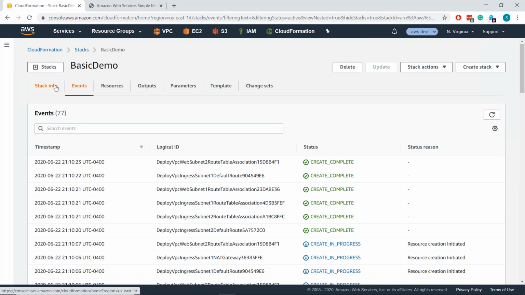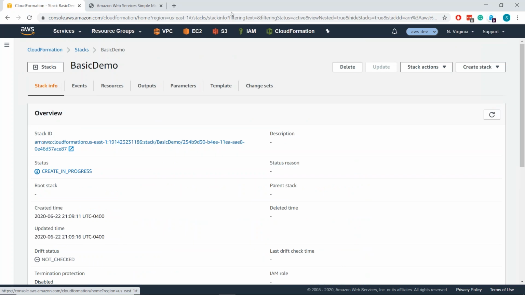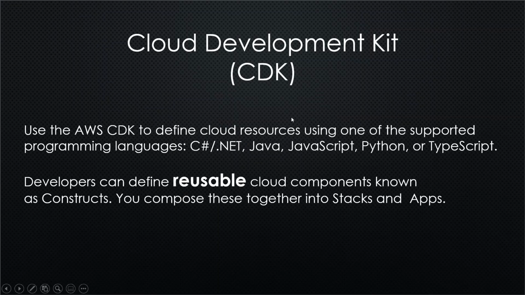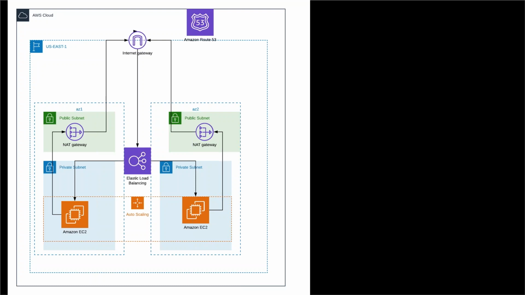That's pretty cool. I want to deploy something else. Yeah, let's deploy something a little bit harder. I'm going to deploy not just a simple Nginx server running on the internet, because that's not what we're going to do in production. We're actually going to deploy something like this in CDK. I'm going to write this in CDK. I'm actually going to deploy it for you. You're going to see it in a second. Just to describe, I'm going to walk through this.